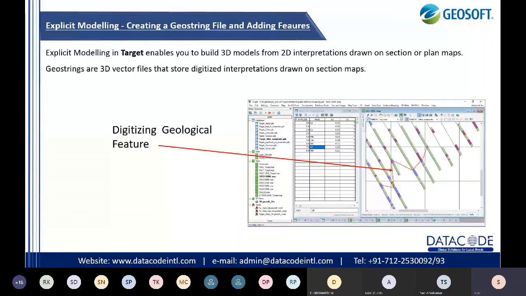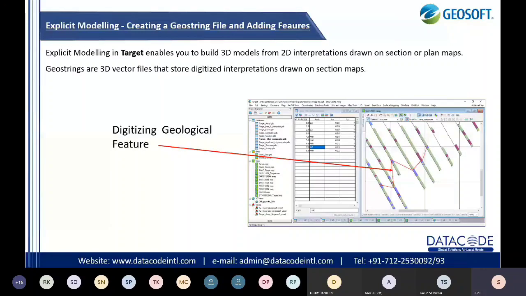So in the old times, what we did, we created a cross section on paper, then we did the correlation on the basis of assay data or on the basis of lithology by using a pencil. So here we can do the same process, but the only thing that changes is the tool.